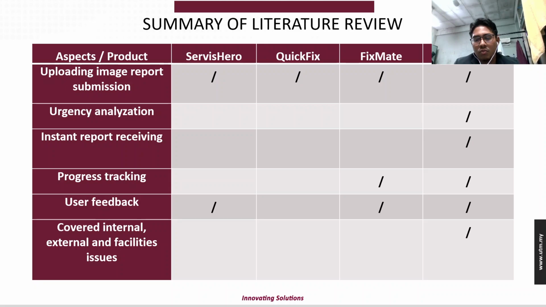Quick Fix is more about quick maintenance, such as changing the wire or repairing the gate, and it covers only one house. It is different from Fixed Mate, which is used over a wide area and mainly for flats or even apartments.